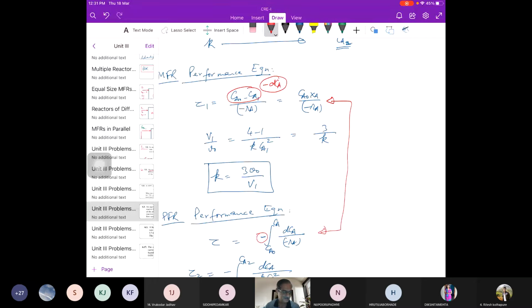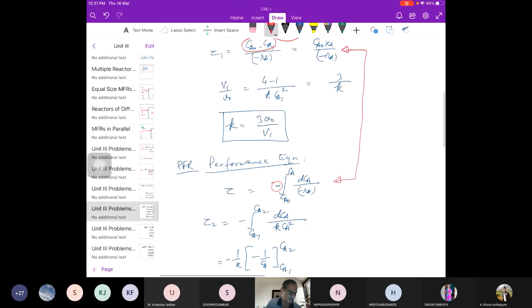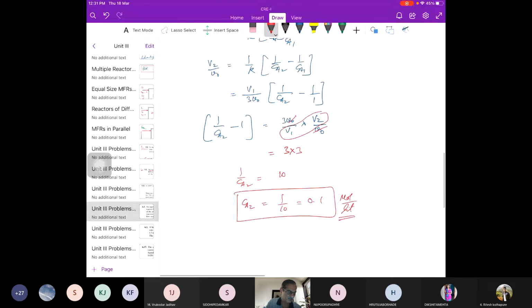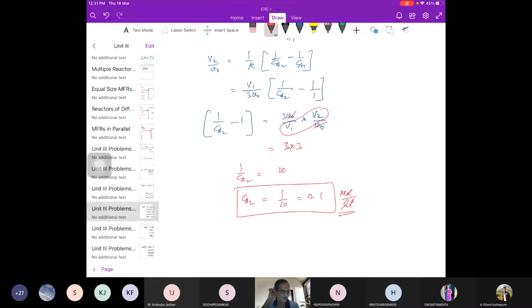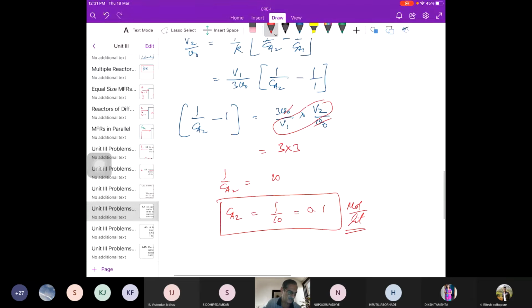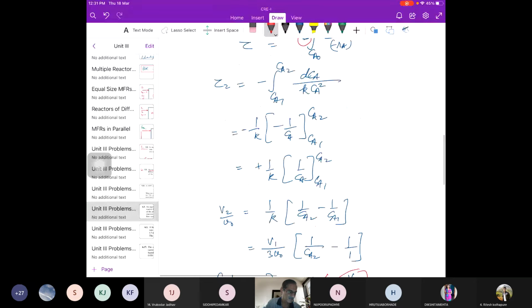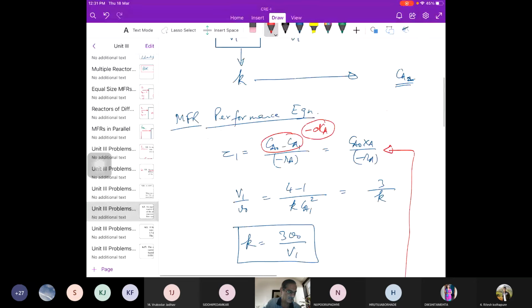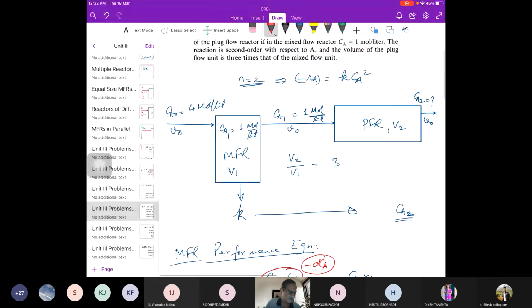हाँ सर, पर थोड़ा कंफ्यूजन हो गया था इसलिए। ठीक है, नुपुर समझ में आया क्या आपको? Yes, sir, I followed. It has nothing to do with यूनिट 3, पूरा यूनिट 2 का ही है। यूनिट 3 में पीएफआर का इक्वेशन डिराइव किया था, परफॉर्मेंस इक्वेशन, you can solve any problem. उसमें ज़्यादा कुछ है ही नहीं, there is hardly anything. ऐसा लगता है कॉम्प्लेक्स है, but it is not complex at all, so you have to think it is easy, then only you will do it. अगर आप सोचो कॉम्प्लेक्स है तो कॉम्प्लेक्स ही लगेगा।